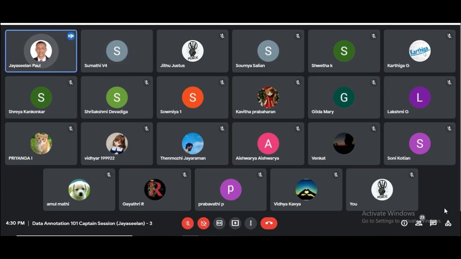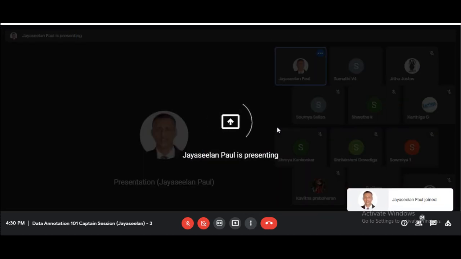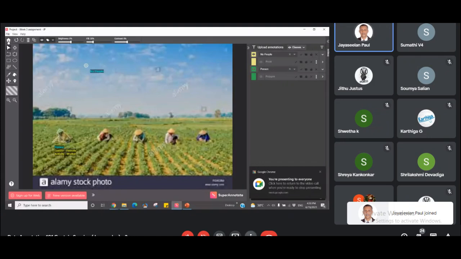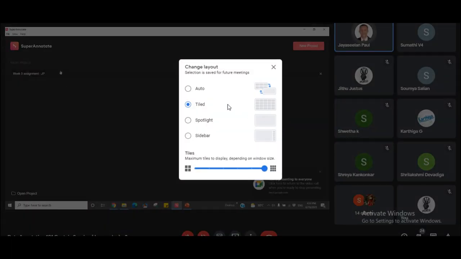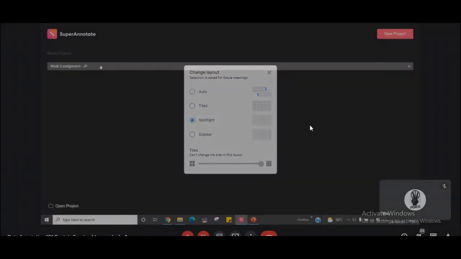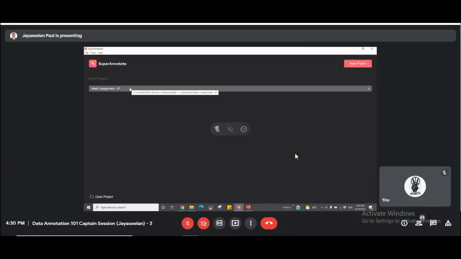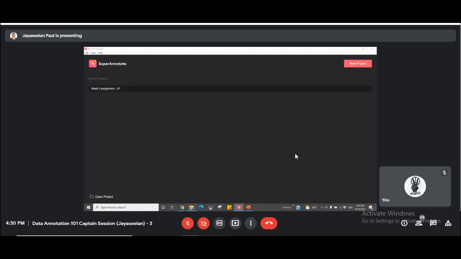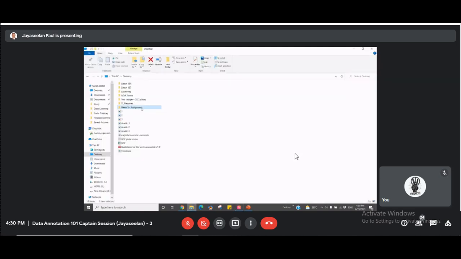Okay. I'm again sharing my screen. All right. You're able to see my screen? Remember this, you created a project here, right? When you keep your mouse on that project, it will tell you where this particular project is saved. I have kept it on desktop. Remember, this is the week 3 assignment. When I open this project, you will already have the images and the 3 files there. Automatically it will be there while you create, right?